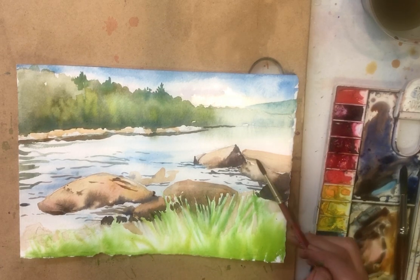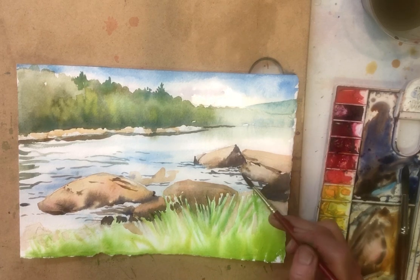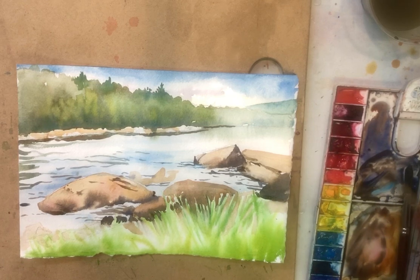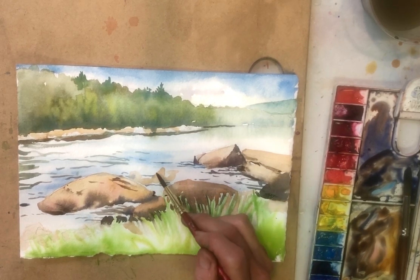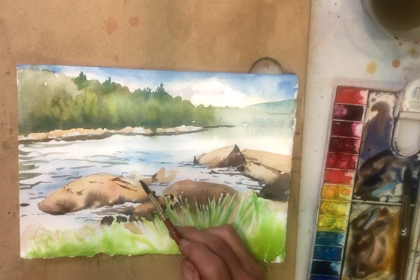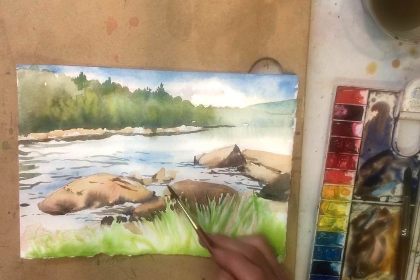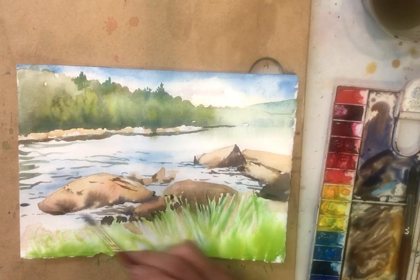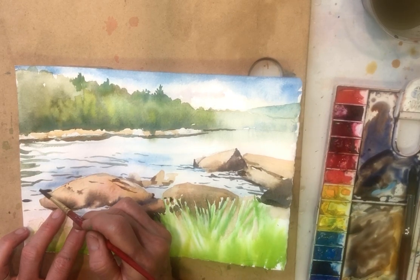There's a little dark shadow here and a few edges that I can incorporate back there. Like I said, let's keep this one really simple. Just add a few shadow darks. This beautiful burnt sienna and ultramarine blue. These rocks here could get a few shadows at the bottom. And of course, where that shadow is behind this rock, it helps to make it feel dimensional. And there's a dark rock over here behind this rock that I didn't put in earlier. And I think I'll add it in just to show you something about